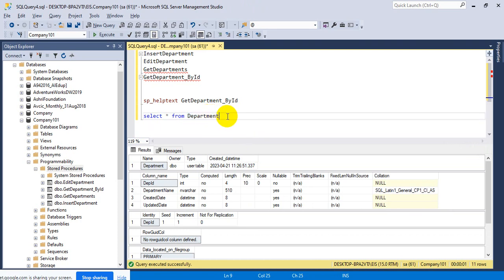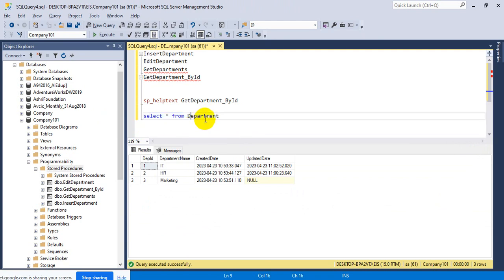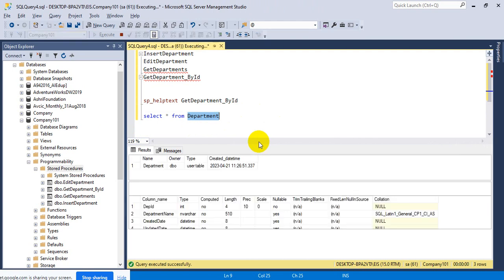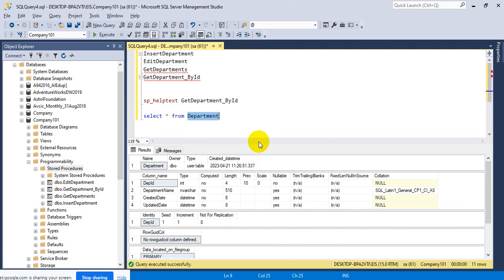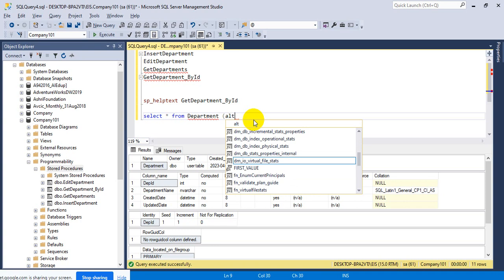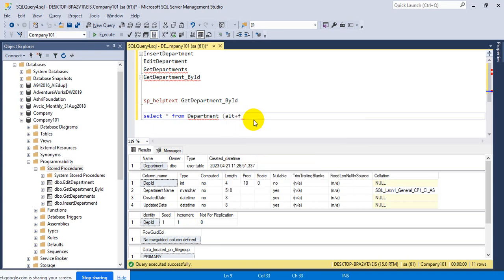This is one of the important things that I was trying to tell you. Suppose you have this department table and you want to see some details for this. So how will you do this? You will select the table name and just press Alt F1. By pressing Alt F1, first you need to select this table and then on your keyboard press Alt F1. So this will open